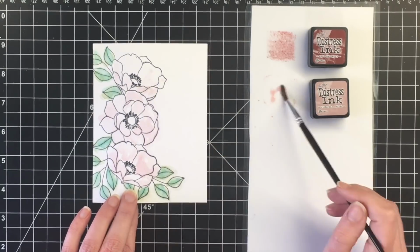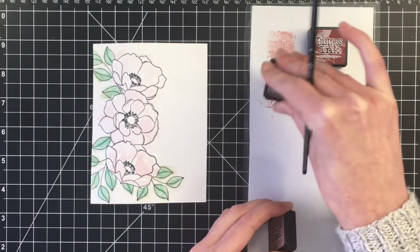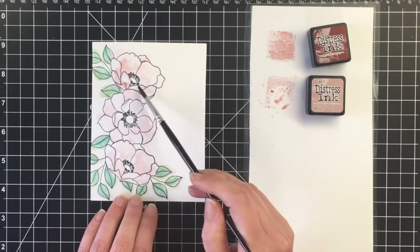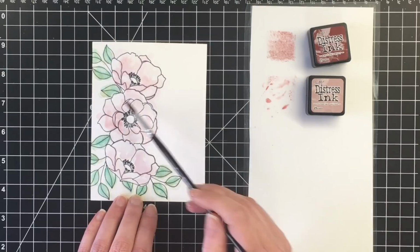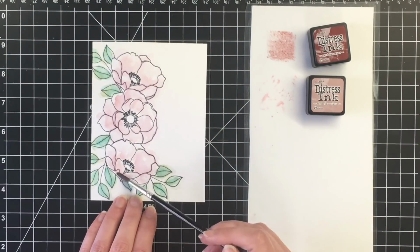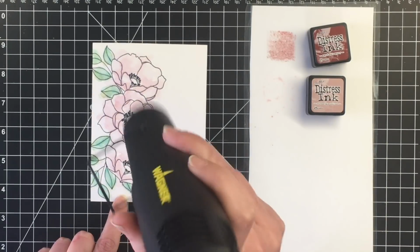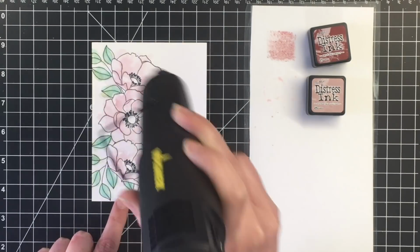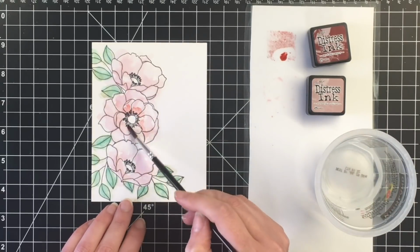So this is a really nice way to relieve some stress. You don't have to worry about coloring within the lines. You can really just let the water do the work for you. It's also a fairly quick technique, so if you need to make a card quickly, this is also one of those great techniques that you can use to do that and achieve a really beautiful watercolored card. So I went ahead and I used my heat tool with that as well,